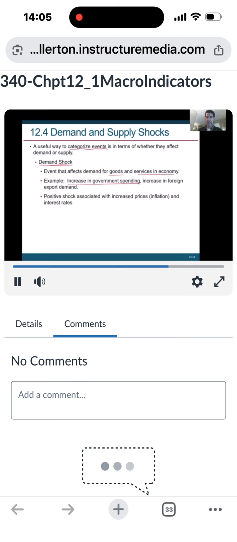And here, a positive shock, what does that mean? A positive shock means demand goes up. So if demand goes up for something and supply stays the same, what is that going to do? That's going to push up prices, right? A lot of people wanting to buy the same thing pushes up prices. So that's associated with an increase in prices, which is inflation, right? And then inflation, we said, gets baked into interest rates. So that would likely also cause an increase in interest rates.